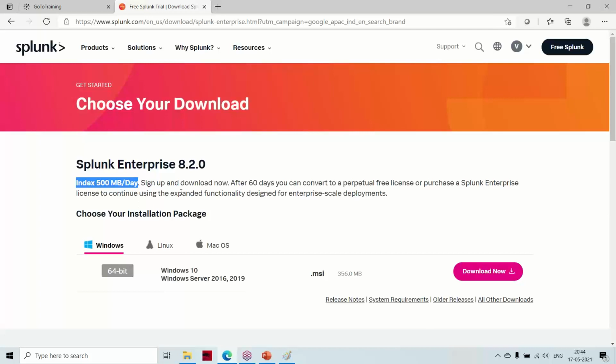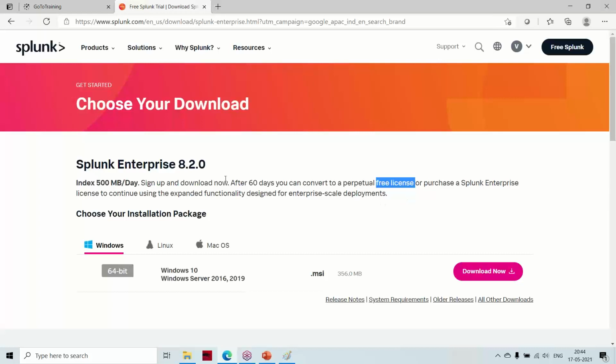For a trial edition, you will have that for 60 days. After that it will be converted into a free license. The difference between the free and trial license is that advanced features like alerting and reports won't be available in your free license.